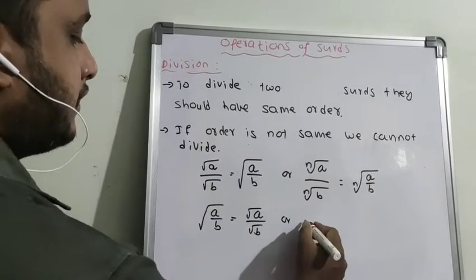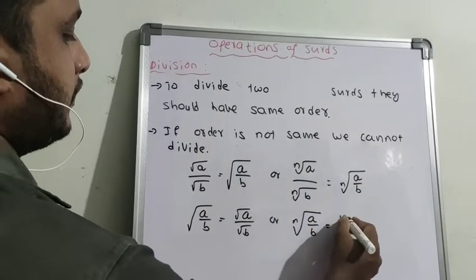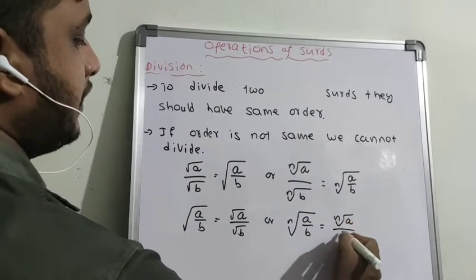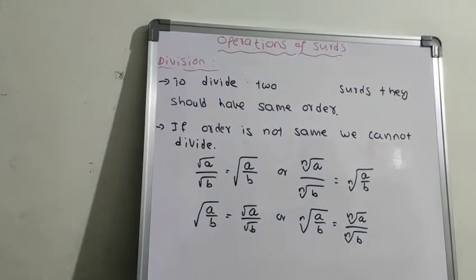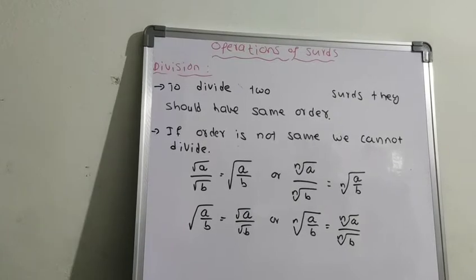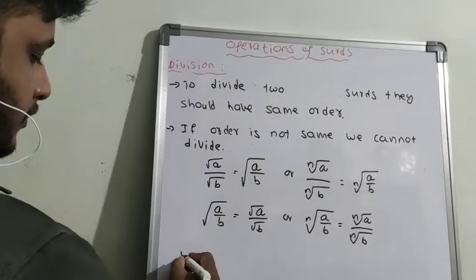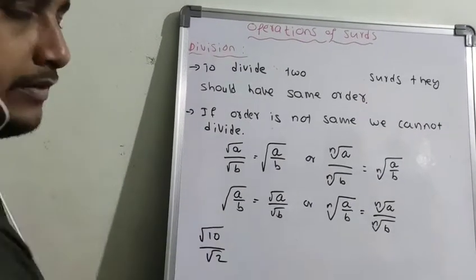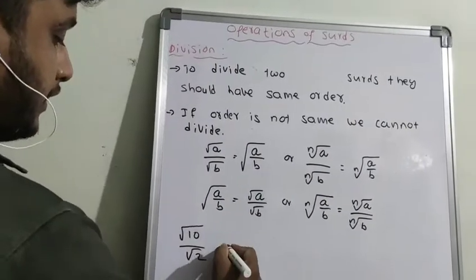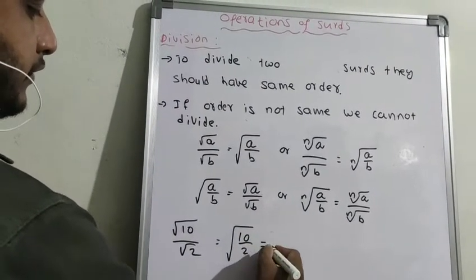Or you can write the nth root of A by B is equal to the nth root of A by the nth root of B. So this is the division rule. So for example, we will do root 10 by root 2. The order is the same, so we can divide: root of 10 by 2 is equal to root